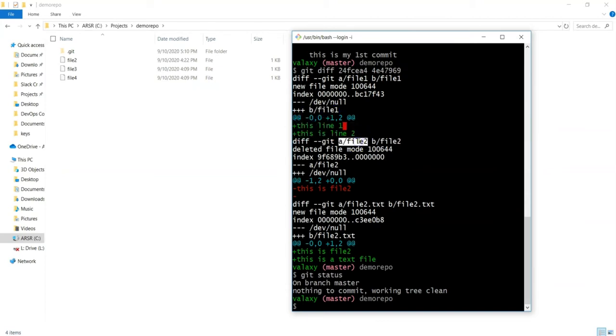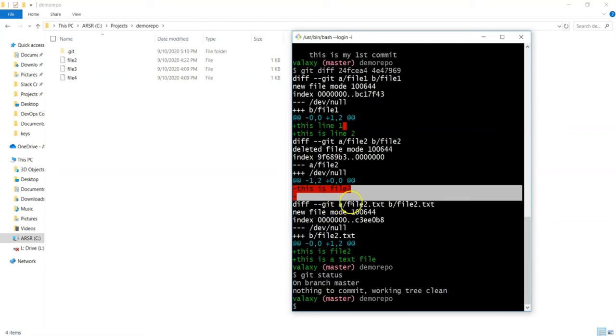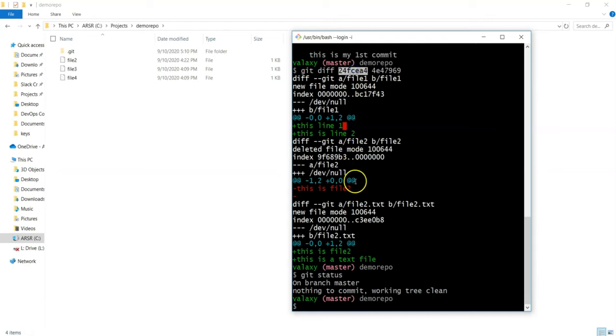Next we are comparing file2. So file2 is there in the latest commit but not in the older commit. In the latest commit we have a/file2 and in the previous one there is no file called file2. That is the reason it is showing /dev/null, and in the latest commit these are the lines we have added. Similarly, if we check file2.txt, file2.txt is there in the previous commit, not in the latest commit. So if you see here, /dev/null, in the latest commit there is no file2.txt, we just have file2. In the older commit, we have file2.txt and these are the entries in that file.